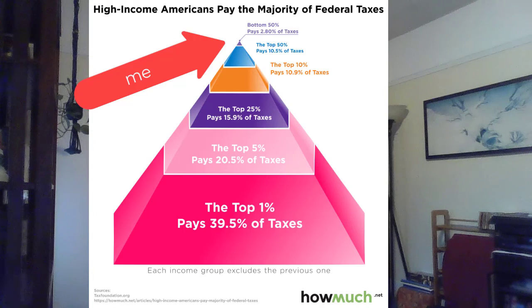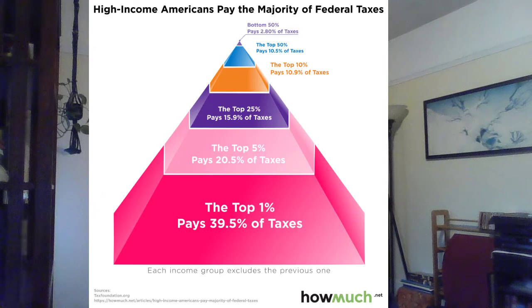Like, you look around and you've got street lights and you've got roads and you've got a government and a military that protects you and all sorts of services, and to realize that actually rich people pay for a lot more of this than we may realize. So that's what I like about this chart here. I also like that it is shaped as a pyramid. It could have been a pie chart, but as a pyramid, it gives you the impression that the rich people are the tax base.